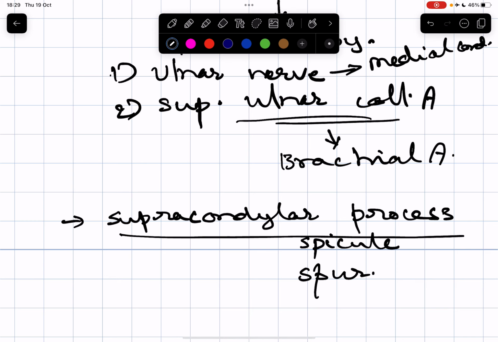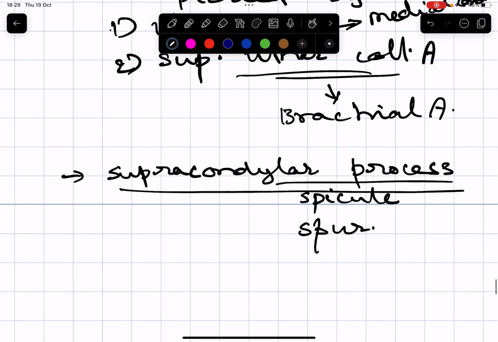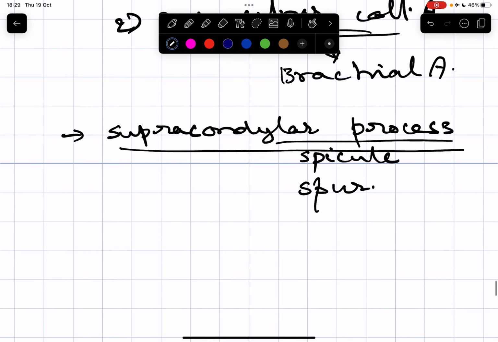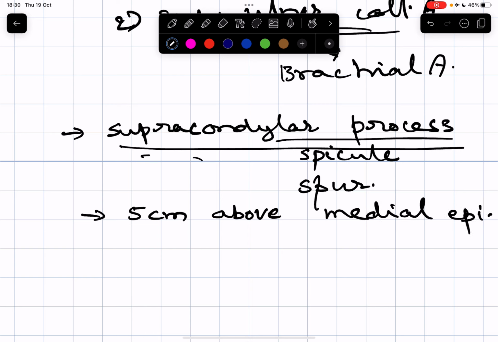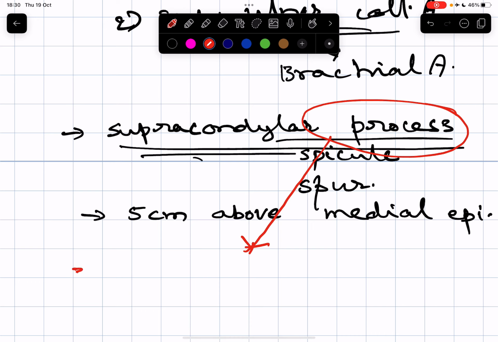When the supracondylar process is present in the lower part of the anteromedial surface, it is usually present about 5 centimeters above the medial epicondyle. When it is present, it gives attachment to the third head of